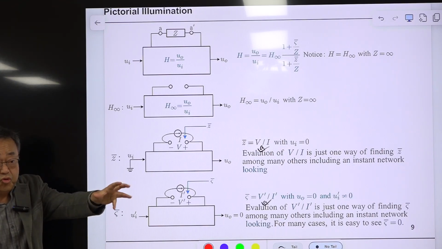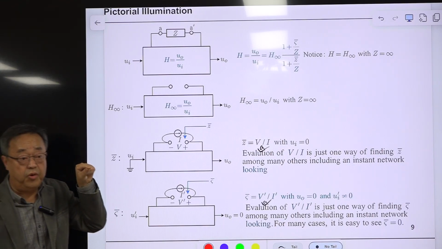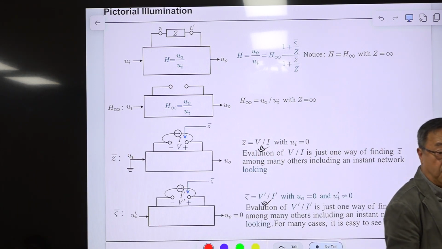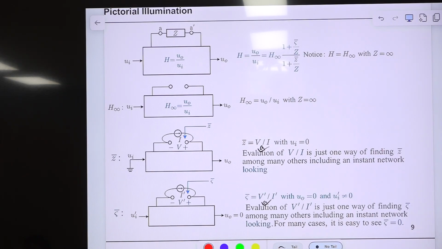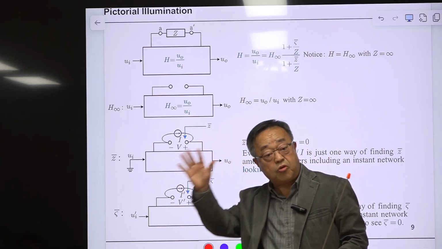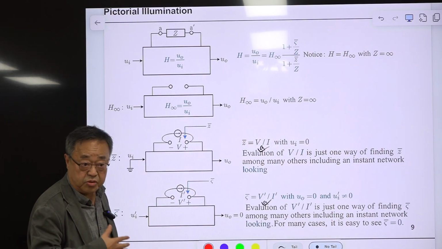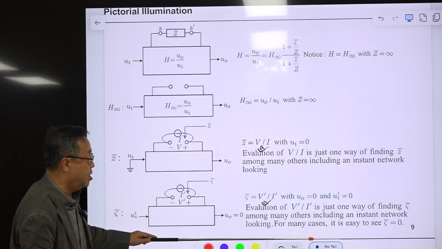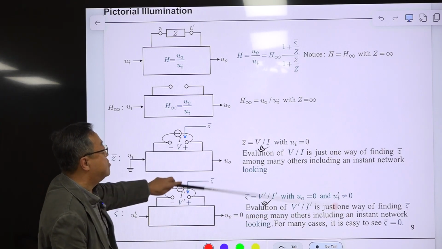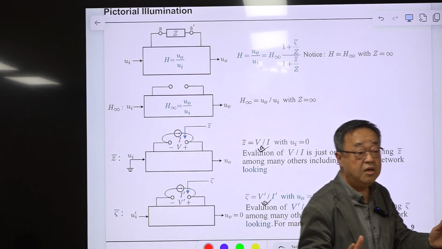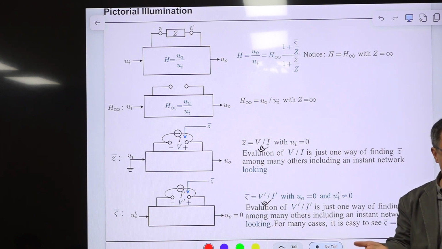Because we are using one port for the null driving point impedance or driving point impedance, and the other for the transfer gain, the input to output transfer function. So that port is shared by two different transfer functions. So if one is 0, the other one is 0, which makes this G bar or zeta bar become 0. So you will see that later. Don't try to analyze this circuit. Just watch it, then the necessary information will come out.